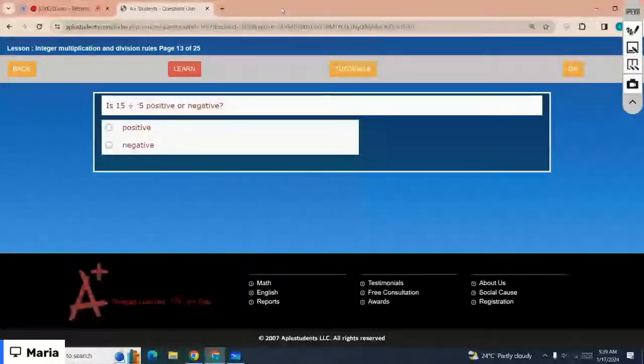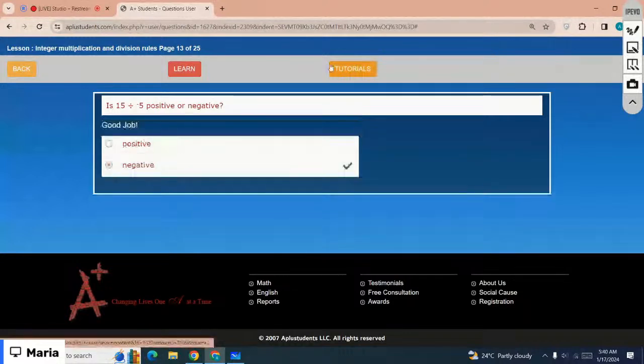Okay, is 15 divided by negative 5 positive or negative? Yes, that is negative. Okay, you can complete the lesson by